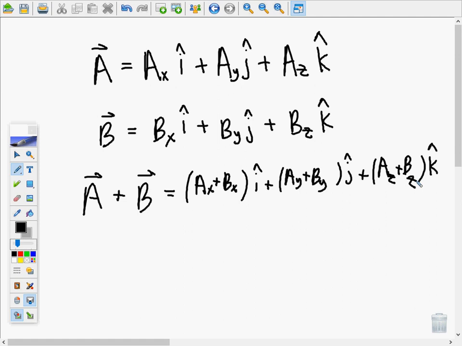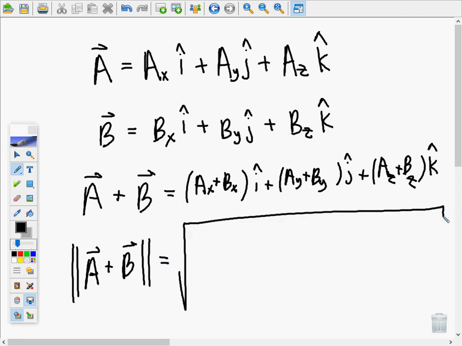Now, if you wanted to get the magnitude of vector A plus vector B, it would be written like this. And this is what we'll end this first period on. It's the square root of the sum of the squares of the components. But now the components are Ax plus Bx. So here it would be